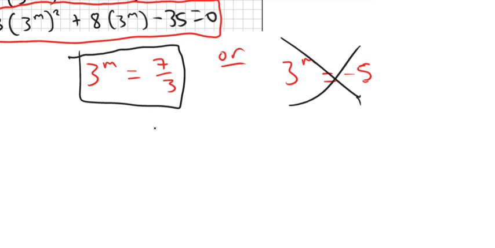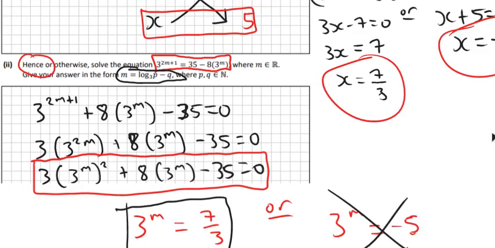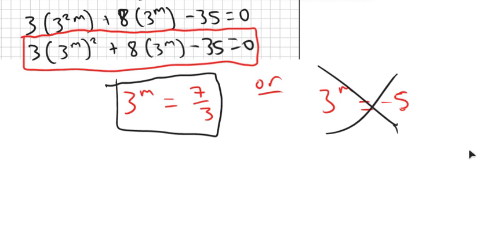So there's a clue up there. It says to give you the answer in the form log 3 p minus q. So it even tells you what kind of base you should have. So obviously we have to use logs then. So we're just going to do log 3 on both sides. So I'm going to do log to base 3,